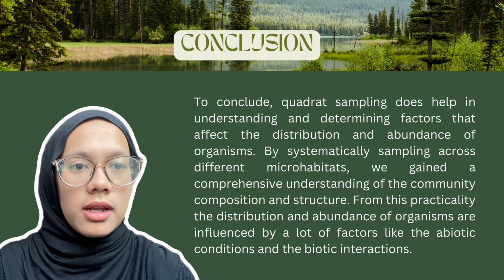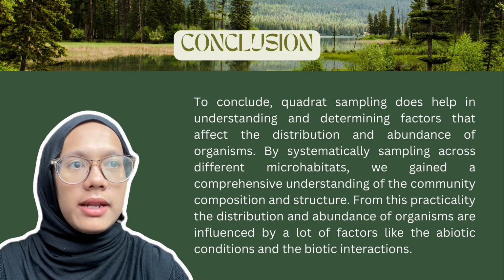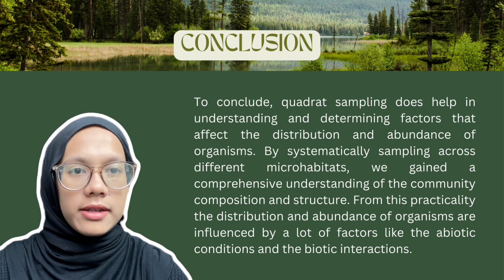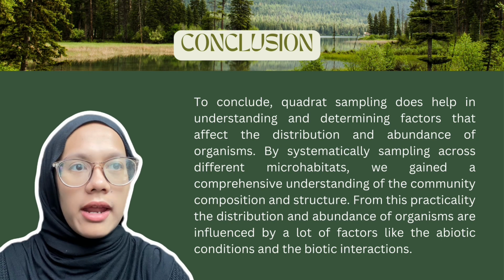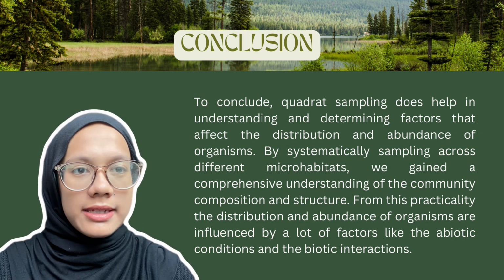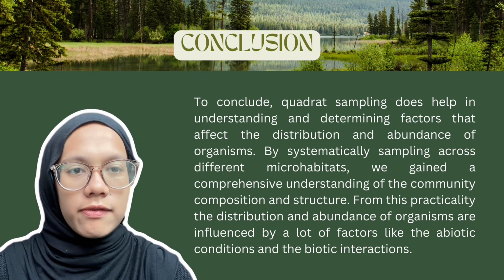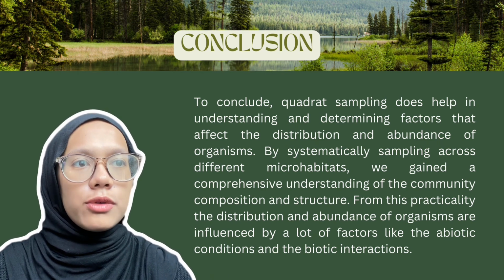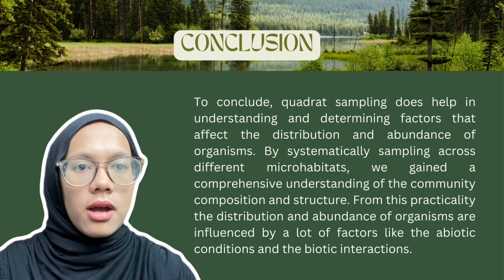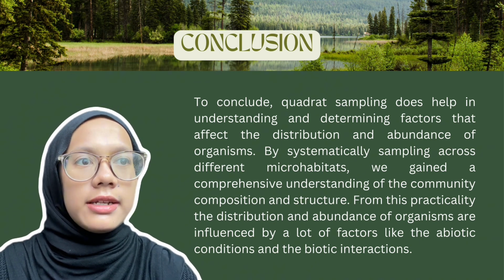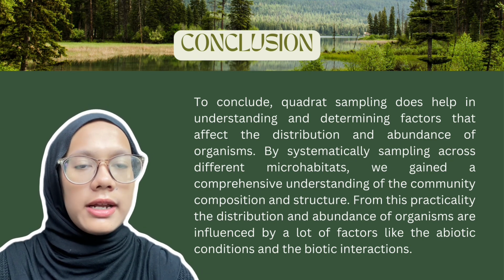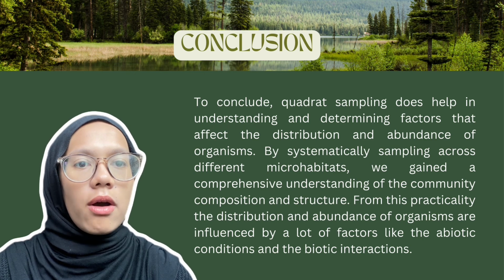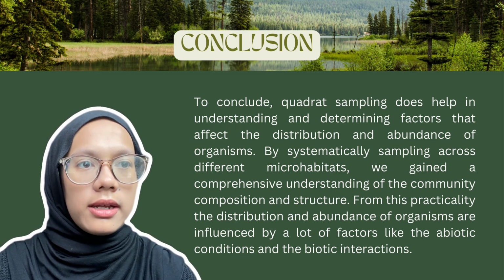To conclude, quadrant sampling does help in understanding and determining factors that affect the distribution and abundance of organisms. By systematically sampling across different microhabitats, we gain a comprehensive understanding of the community composition and structure. From this practical, distribution and abundance of organisms are influenced by a lot of factors like the abiotic conditions and